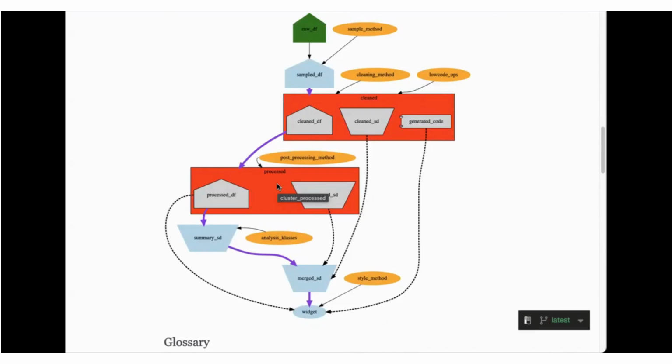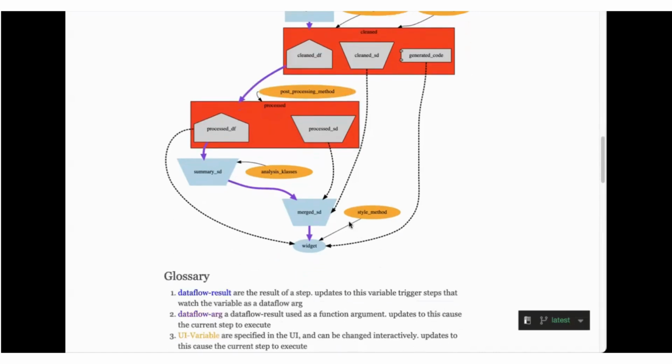That function for the post-processing method, you can also say, here is some metadata. Your summary SD, that's where all of your summary stats live, and also hints for how to style this. There's also a style method, and all of these are merged together and sent to the widget. I haven't looked at this in a while. This is not the best explanation. But